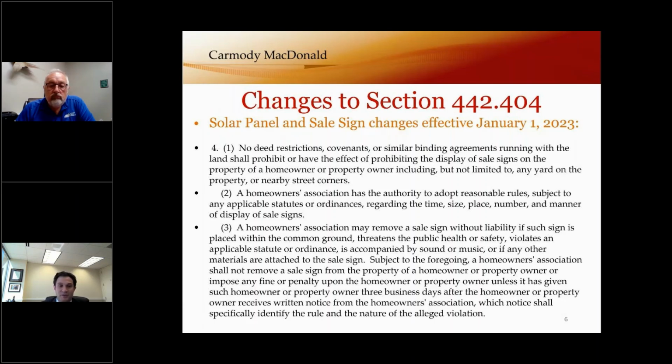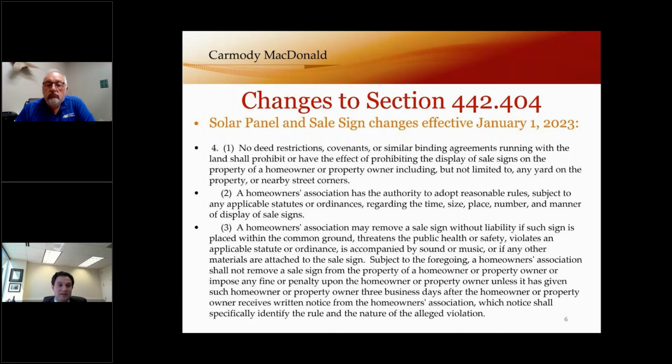I think we may also see some development of an issue here where this is saying that you can remove a sign if it's on the common ground, but it also says they can be placed on nearby street corners. So if that street corner is a common ground, there may be a conflict there. If that street corner is owned by another homeowner, I could see an owner-to-owner issue, but the statute does allow specifically for placement on nearby street corners. So it may be to the benefit of the association to have some clarity with its rules for what placements are allowed or not allowed that are not on the individual owner's property, in addition to other rules in compliance with this statute.